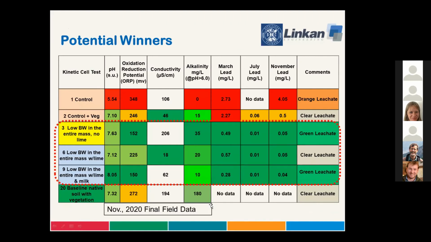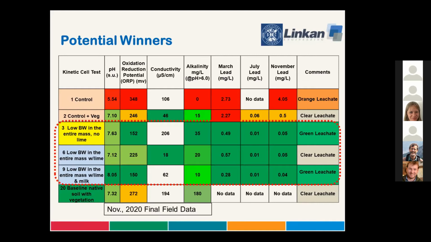So our potential winners are numbers 3, 6, and 9, which had the lowest brewery waste amounts among the relative clusters. And this goes to show that you can have too much of a good thing. The brewery waste or the milk in high amounts may not be appropriate in all situations. Again, what we theorize was happening in these high ORP, high brewery waste concentrations, is that the